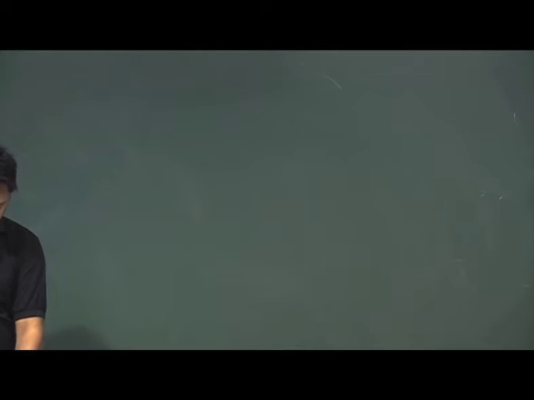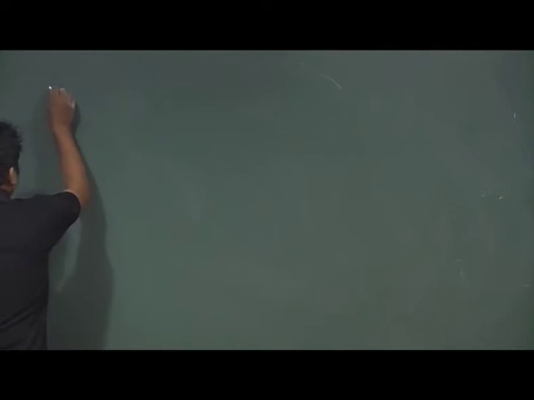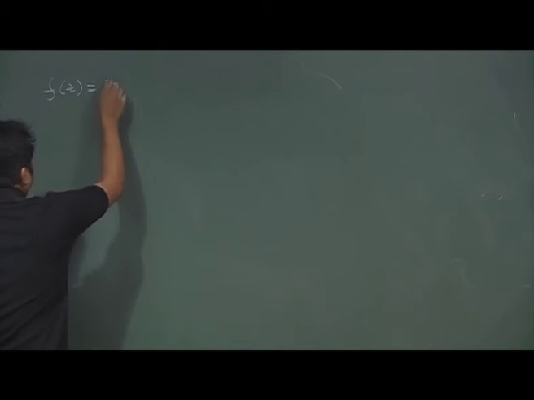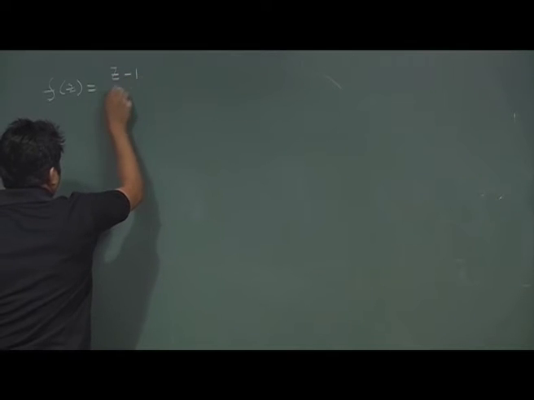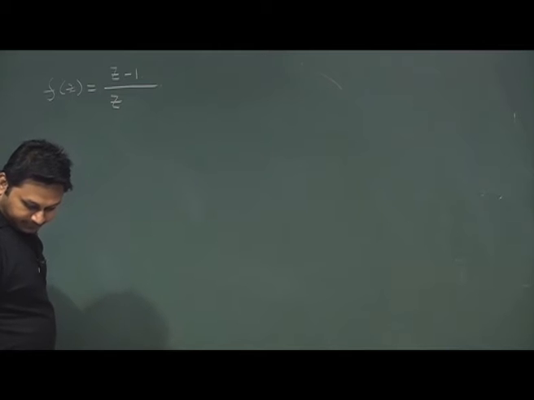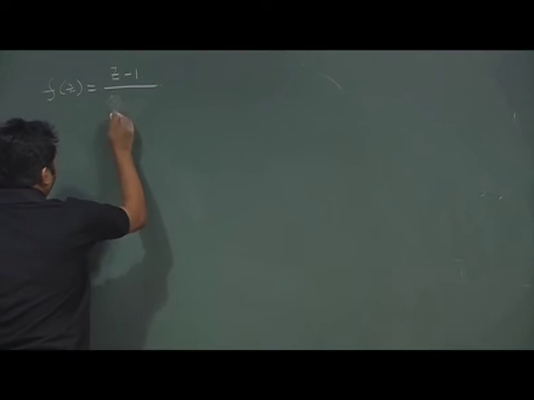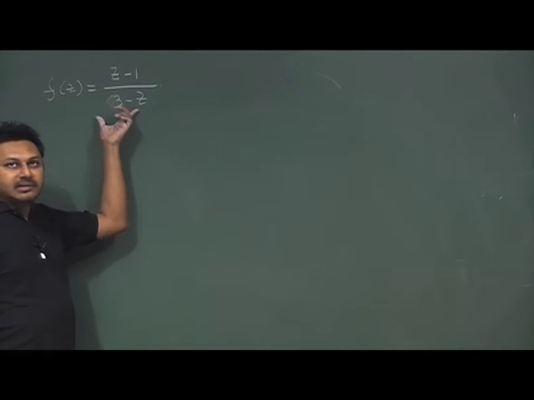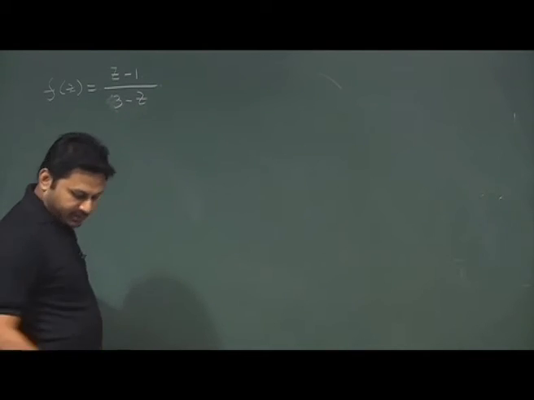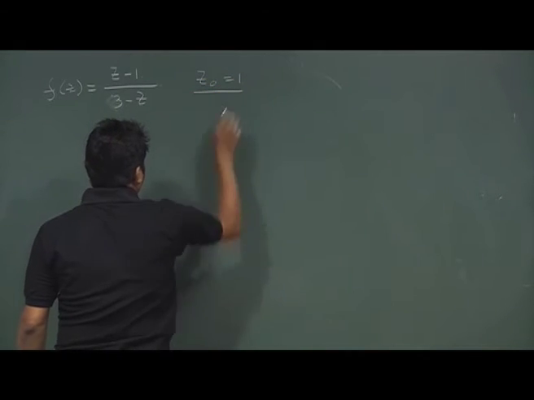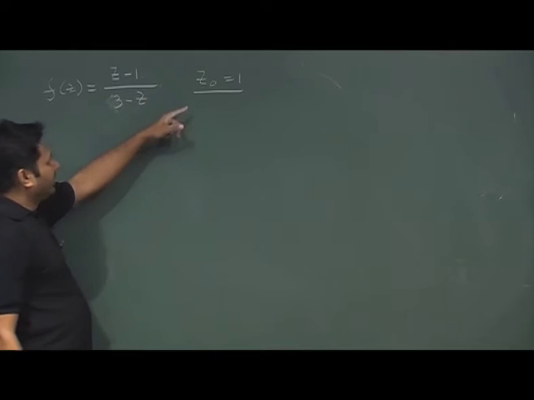Yeah, another interesting kind of problem. So fz is given as z minus 1 divided by 3 minus z. We need to expand these things around some point z0 equal to 1. This is the point where we need to expand